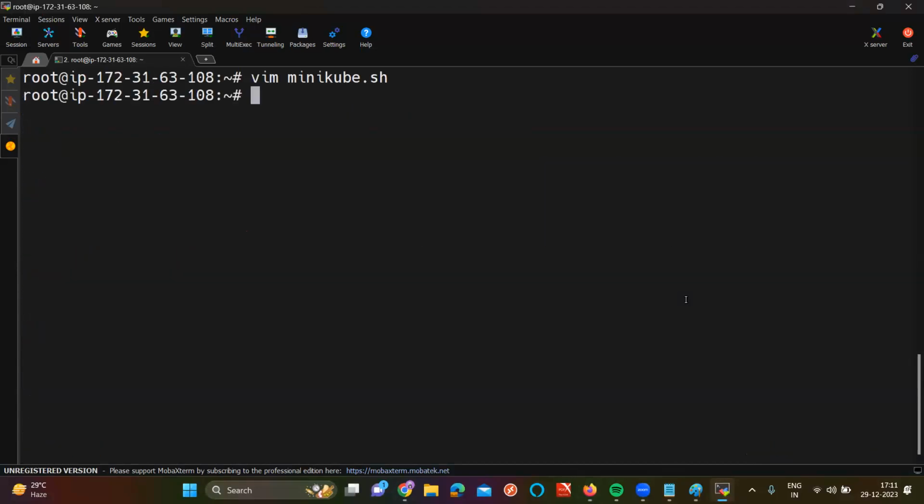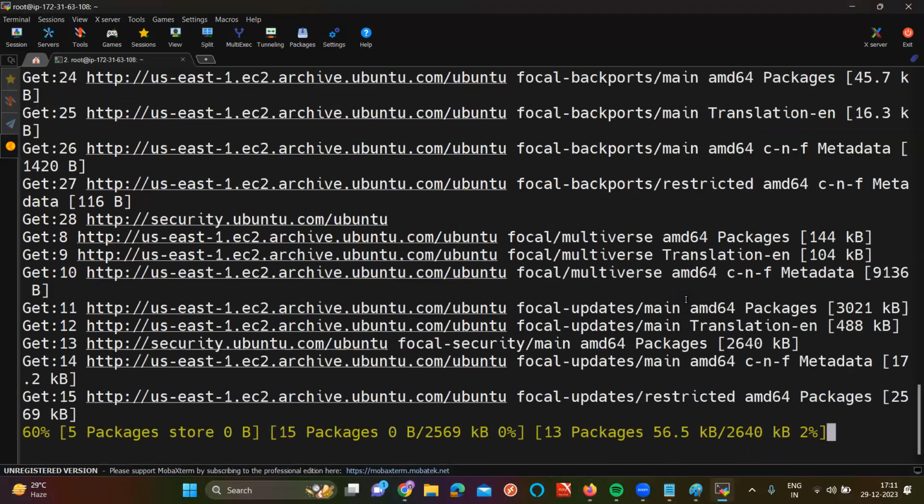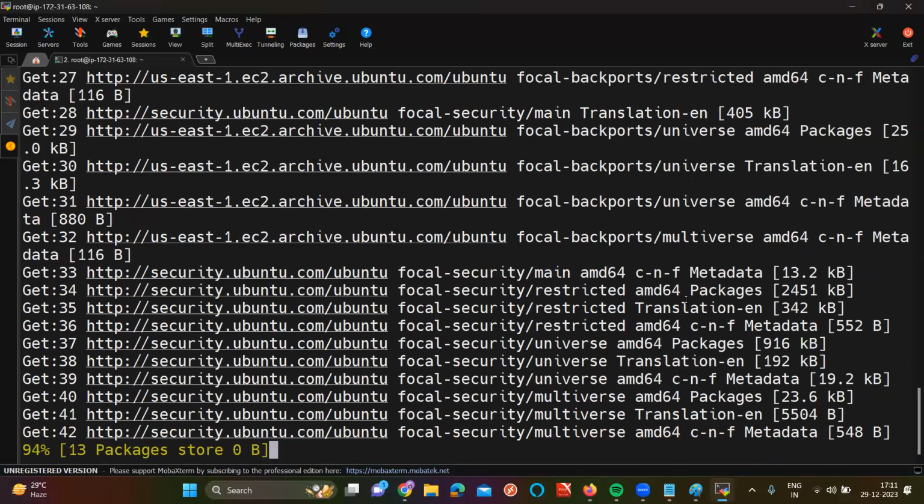Run the script now: sh minikube.sh. Now automatically this script will set up Minikube in 2 minutes. Wait for a couple of minutes, okay?